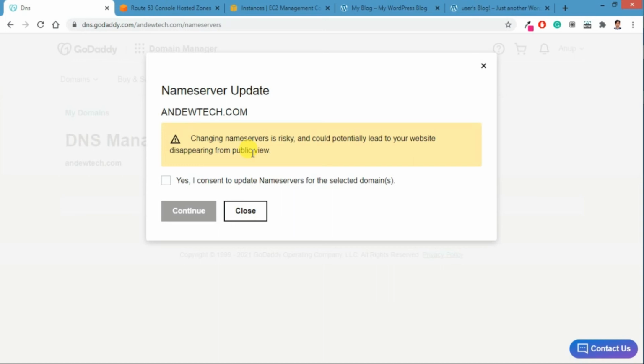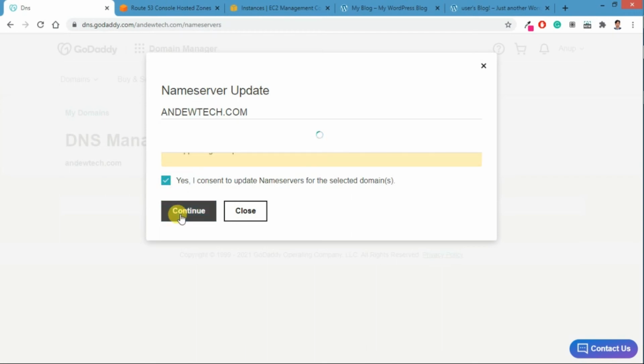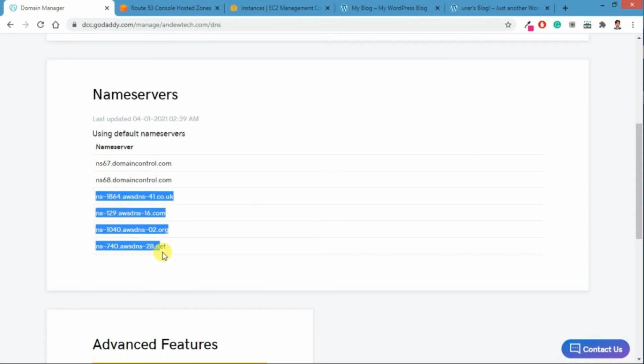So once it propagates, after 1 hour or 2 hours, we'll come back to this video, and we'll see that the AWS thing is updated, and there we'll see how we verify that the thing we have done has actually been updated. So that we'll do. So let me save it right now. Okay, you will see these name servers are updated.